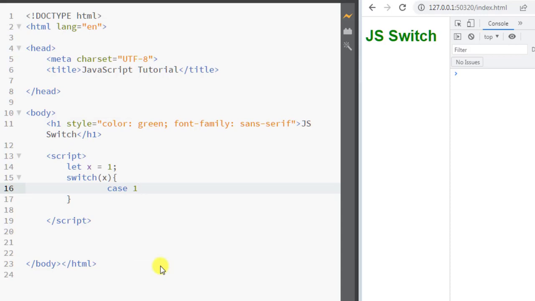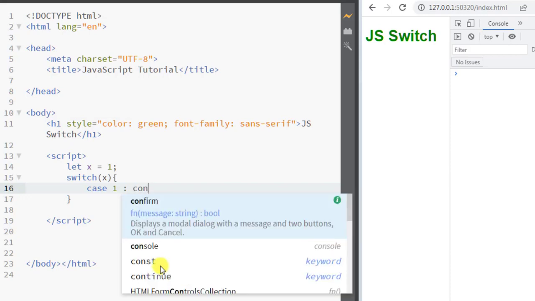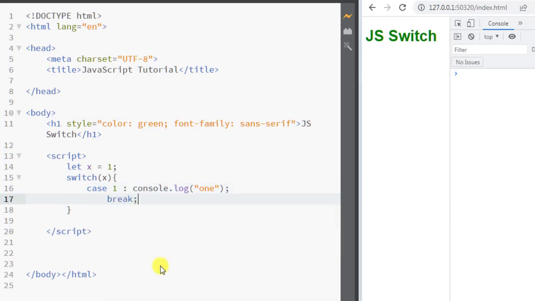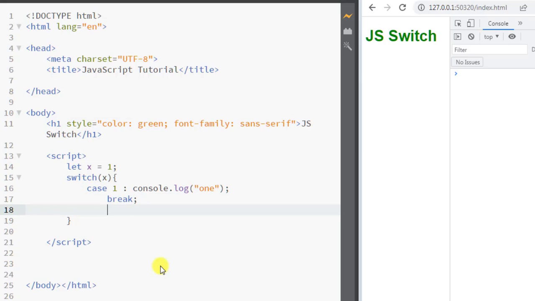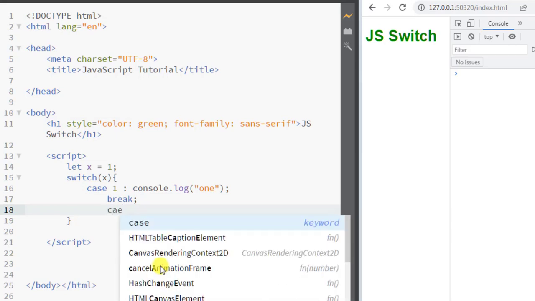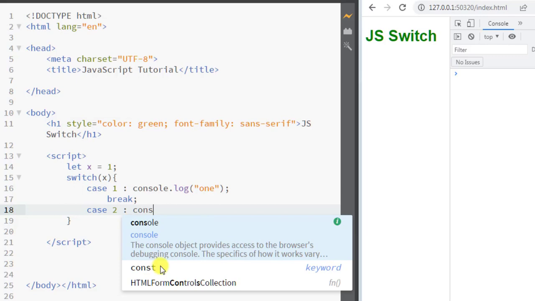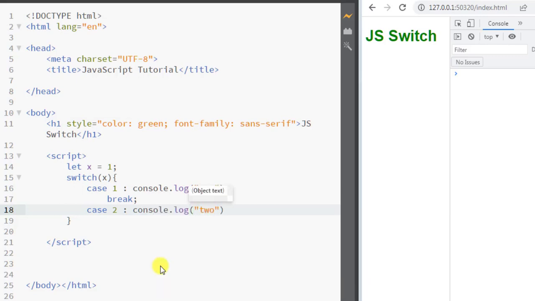If the value of x equals 1, then we're going to console log the string 1 onto the console, and after that we're going to have the break keyword to break out of the switch case statement. And now we're going to have the second case, which is case 2. If the value of x becomes 2, then we're going to console log the string 2 onto the console,